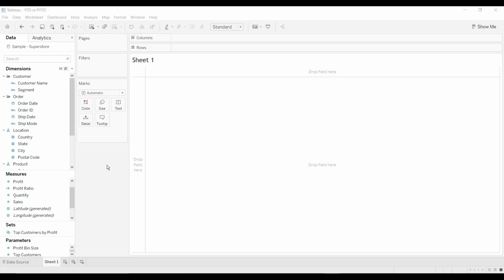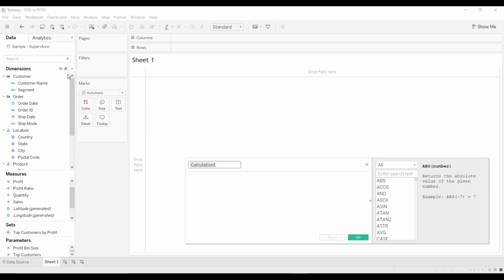Here, the date field that I'm going to make use of is order date, and for the value, I'm going to use sales. Now, if you want to calculate any year till date or month till date values, the very first thing that you have to pull from date is the recent date or the max date. So let us first fetch the recent date.